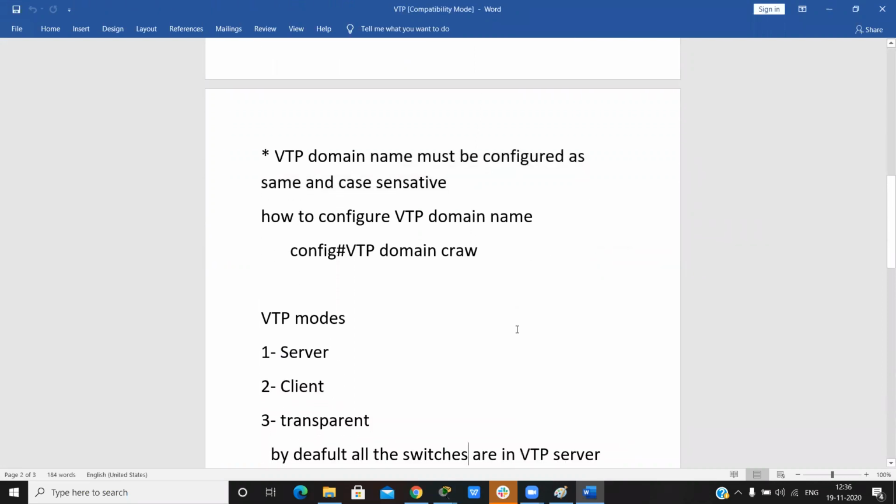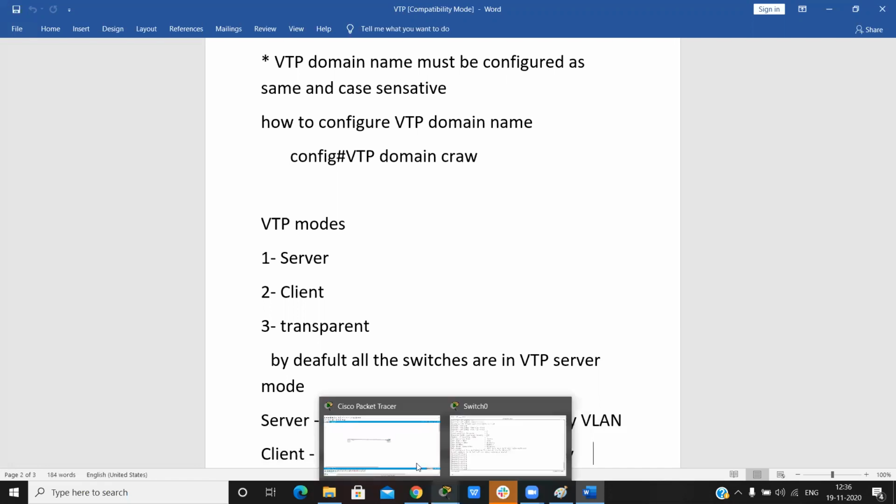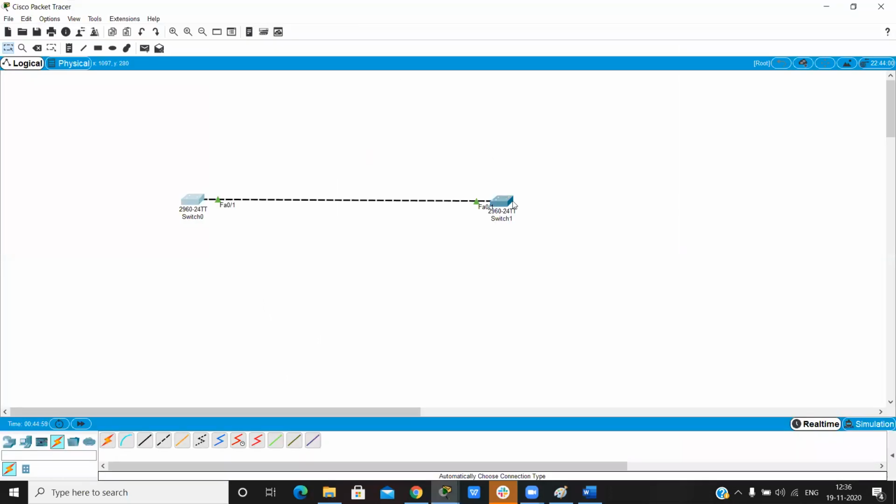Now VTP mode: we have three types of VTP mode, server, client, and transparent. By default, all the switches are in VTP server mode. And in server mode, we can create, delete, and modify the VLAN database. Go on the switch and check.